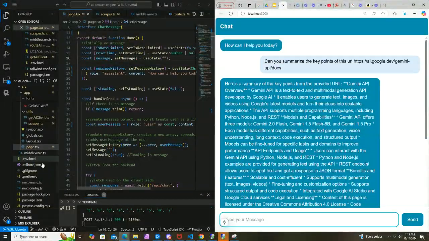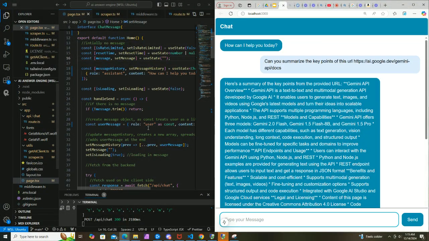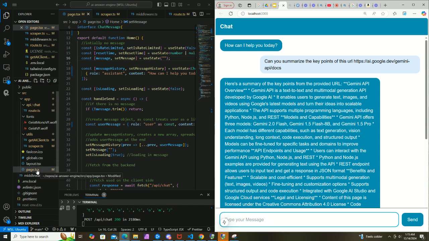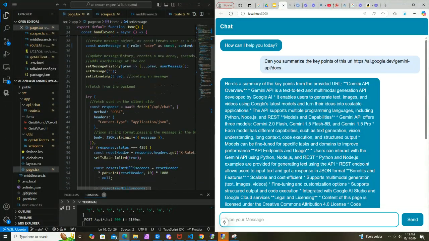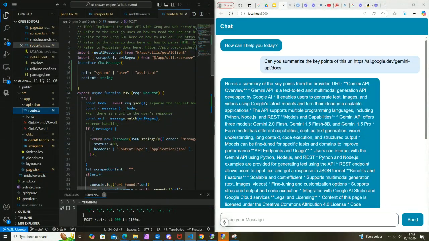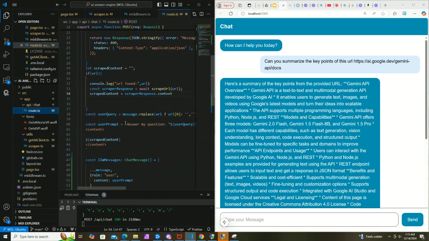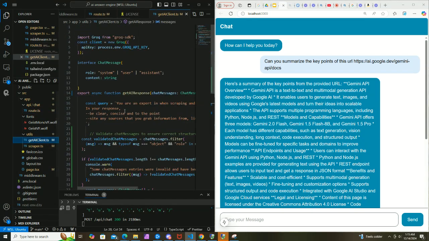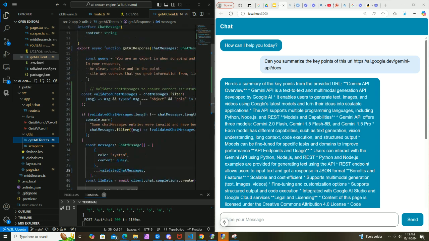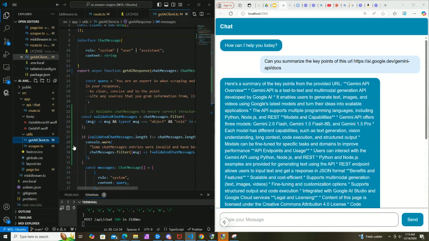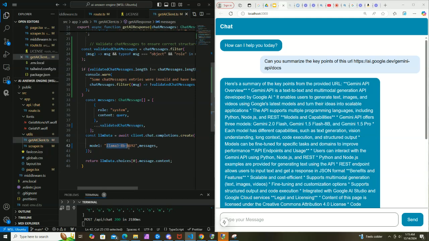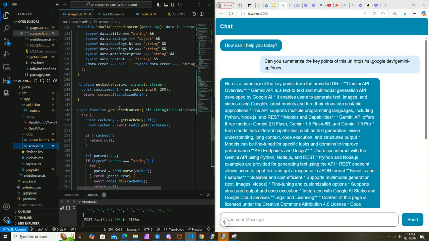So what exactly is going on in this code here? What setup do we have going on with the software? It is a full stack application. We do have the front end right here that's presenting the data to the user. There's the back end route that's taking in the response. We have the get AI client. This is actually interacting with the LLM, the Grok LLM, and in this case we're using Llama. We have the web scraper,